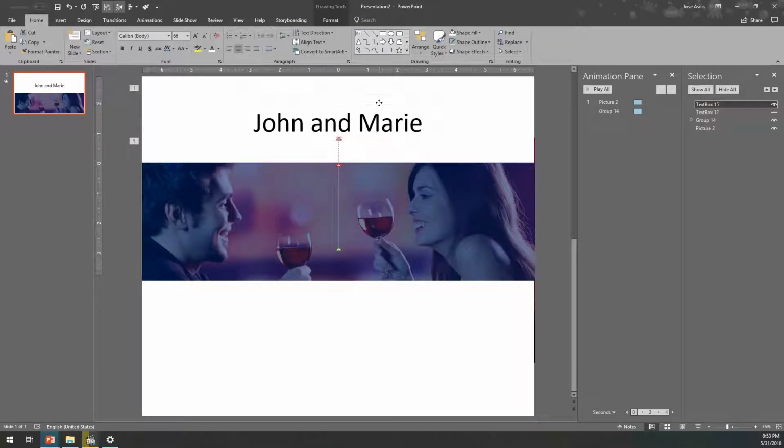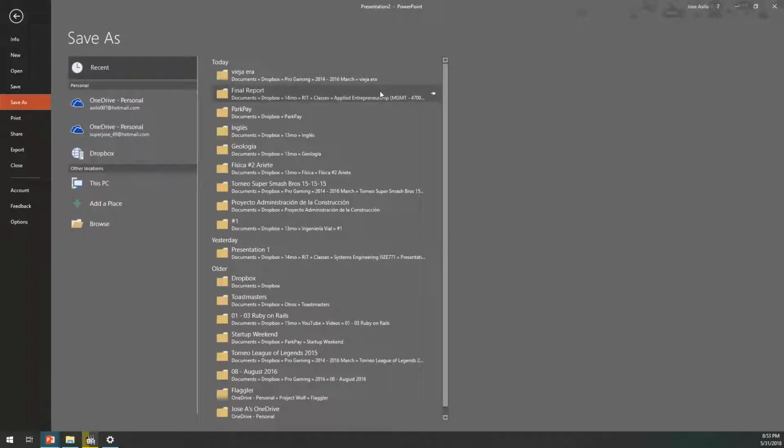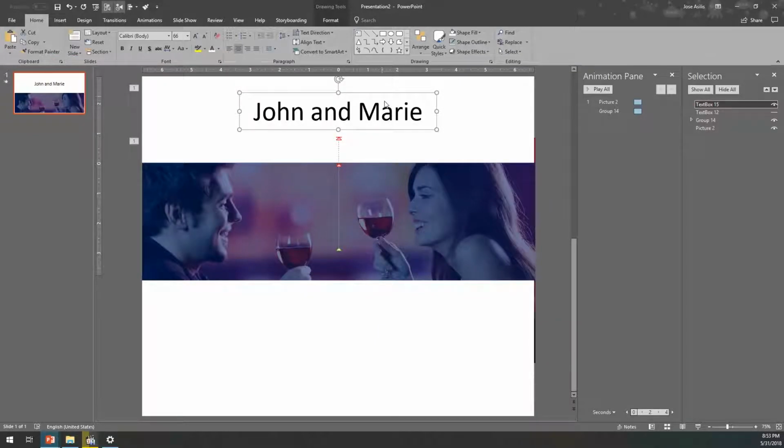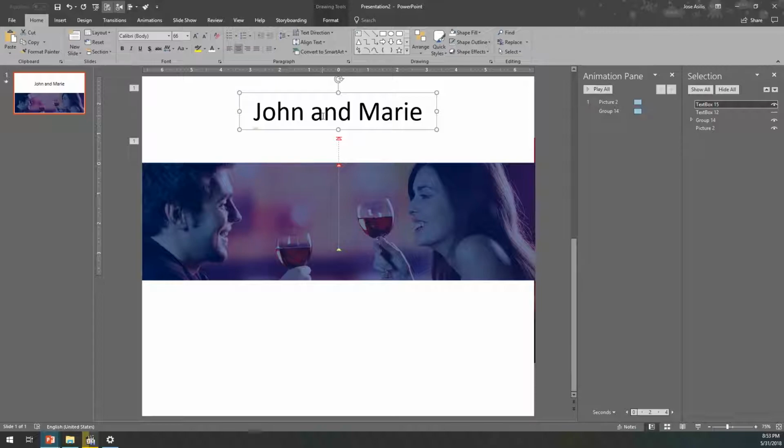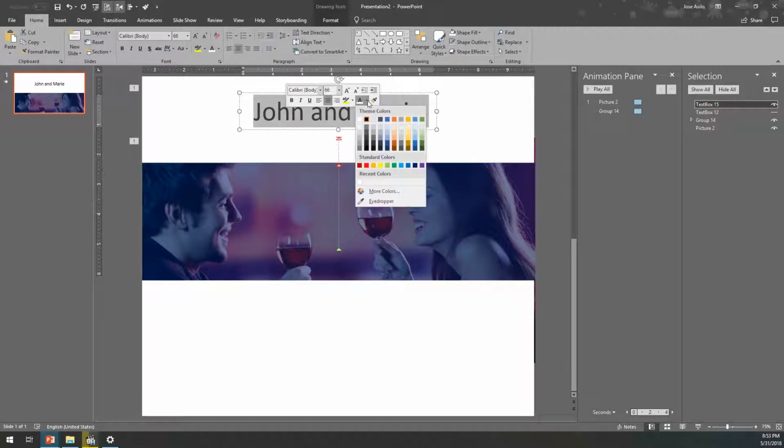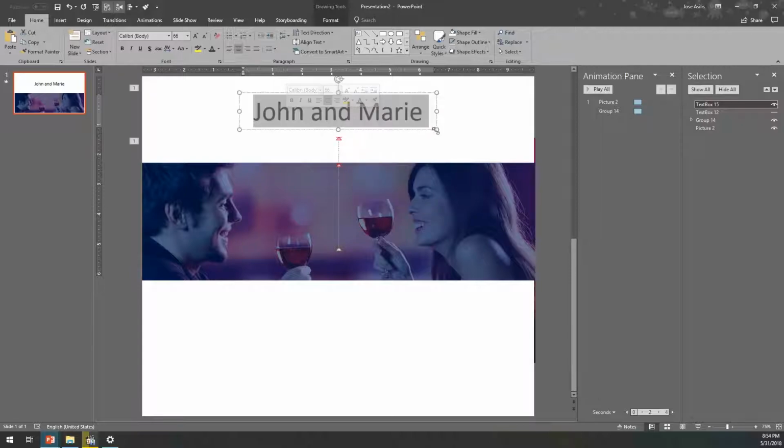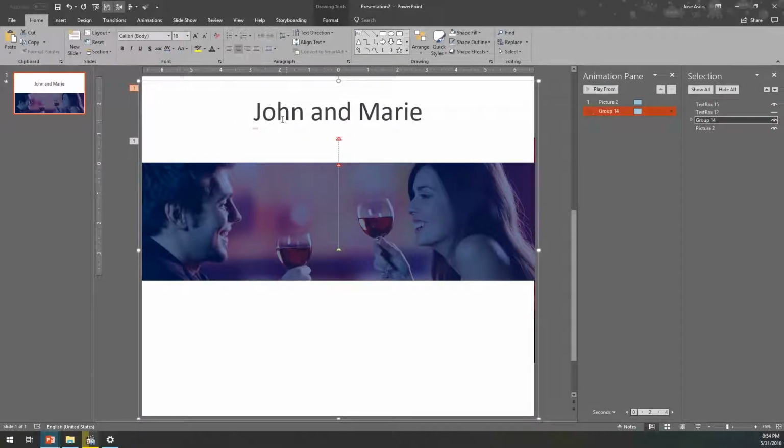We're going to place this one a little bit to the top here. Thank God for the newer version of PowerPoint. It gives me all these outlines. It makes my life easier. I'm going to cloud John Marie. I don't like this. I'm being again a little bit picky. I'm going to add some sort of a darker. Okay, this one looks a little bit better. John and Marie here,